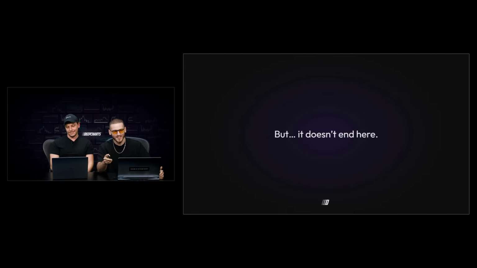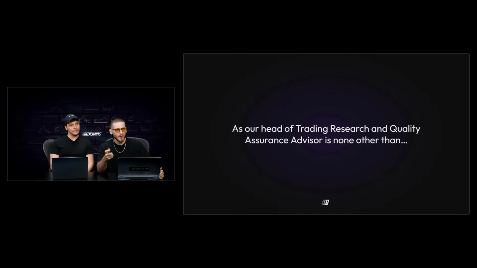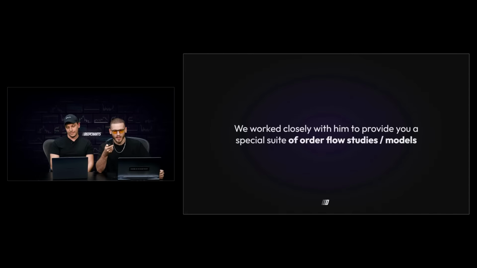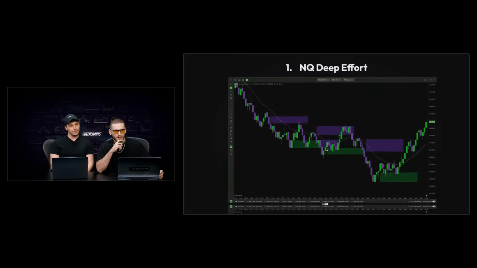But it doesn't end here. Our head of trading research and quality assurance advisor is none other than a top-ranked trading champion right here. We work closely with him to provide you, as he's mentioned, a special suite of order flow studies and models, including the NASDAQ Deep Effort, which you're not going to find anywhere else in any other software on the planet,